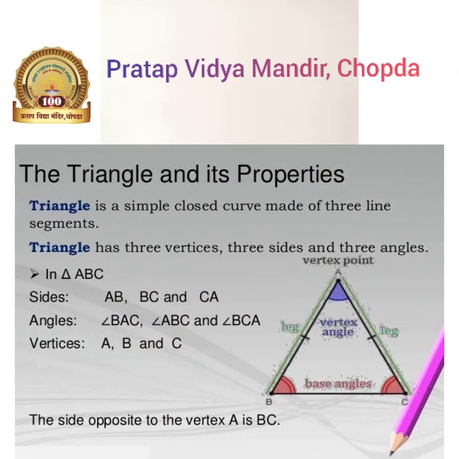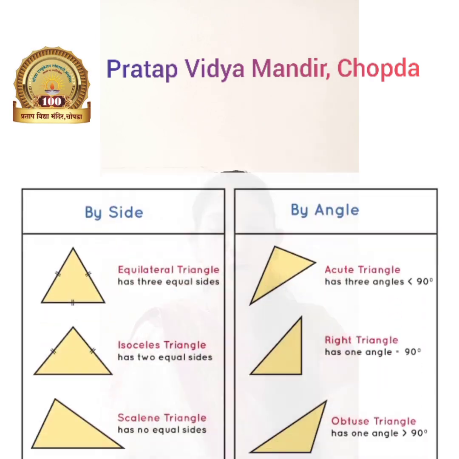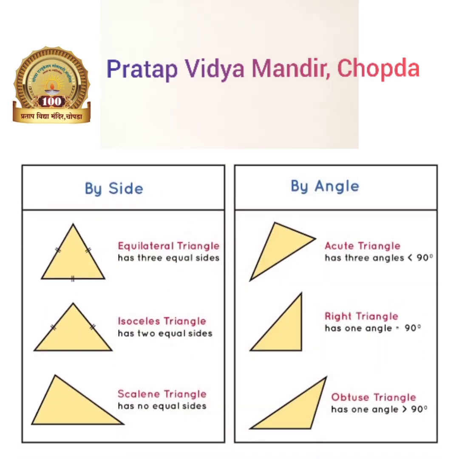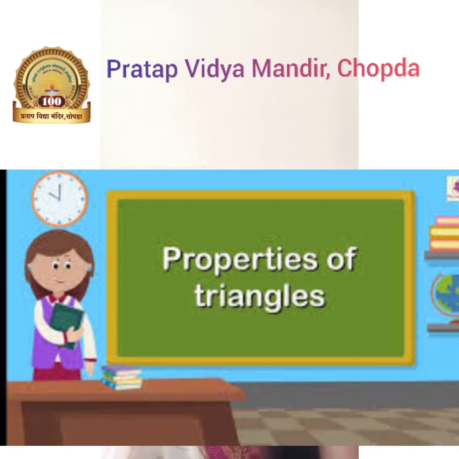So a triangle is a closed figure which is made up of three angles, or you can define a triangle as a polygon with three edges and three vertices. On the basis of length, triangles are divided into types as equilateral triangle, isosceles triangle and scalene triangle. And on the basis of angles, a triangle is further divided as acute angle, obtuse angle and right angle triangle.